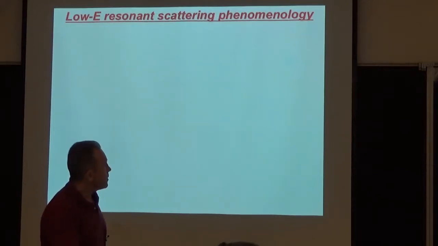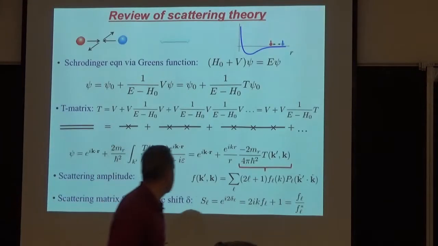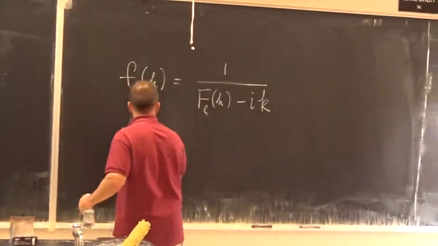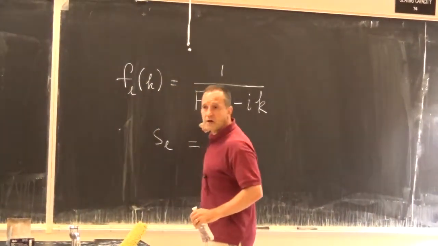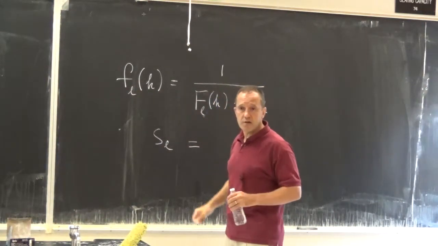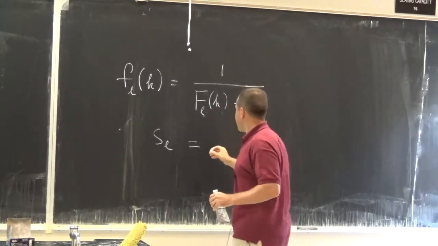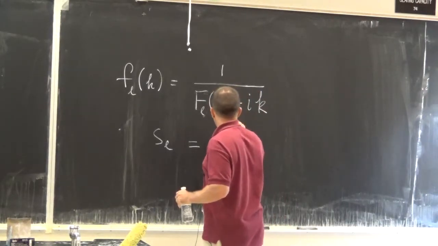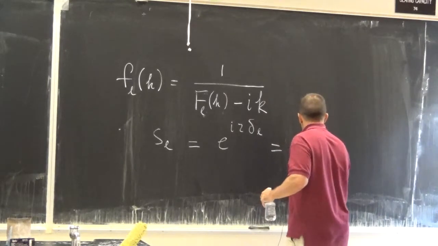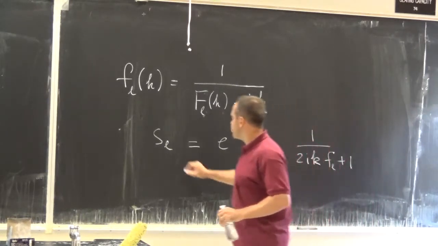Sorry, what is capital F? Capital F, I don't know. So let me just maybe do this calculation. Hopefully I don't screw it up. So if you take S L, this is our known function. But if I actually try to find the T matrix, I will compute this function. Scattering length will be in here. Okay? But let's just look at this. So this is e to the I2 delta L equals 1 over 2 IK F plus 1, F L plus 1. So let me take a square of this,